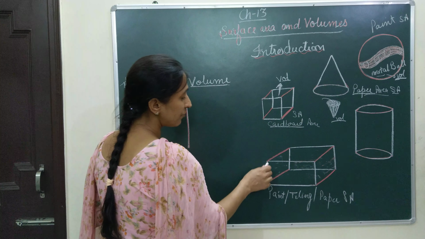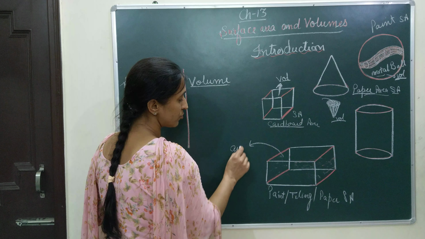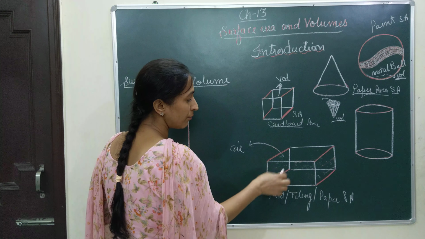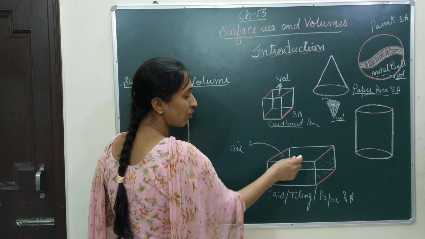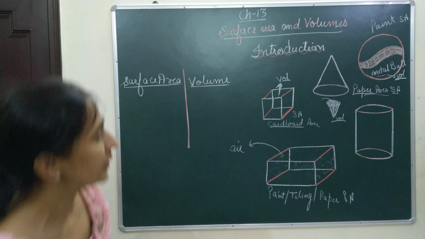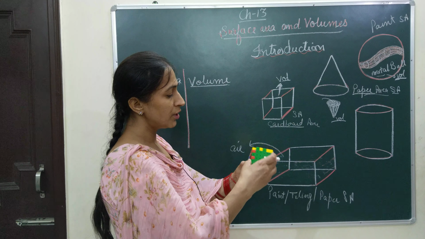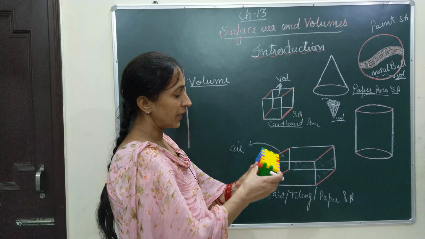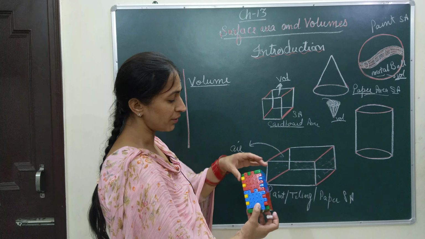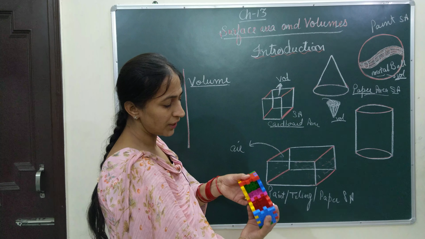Now if they are asking what is the volume of air contained in this room, how much is the capacity of this room, or boxes are to be filled in this room, then what is the capacity, as you are going to fill the boxes in this cuboidal shape. Like here I have a cuboidal shape and I am going to fill tiles, or something else inside it, then I am talking just about its inner capacity. So I am going to fill inside it.